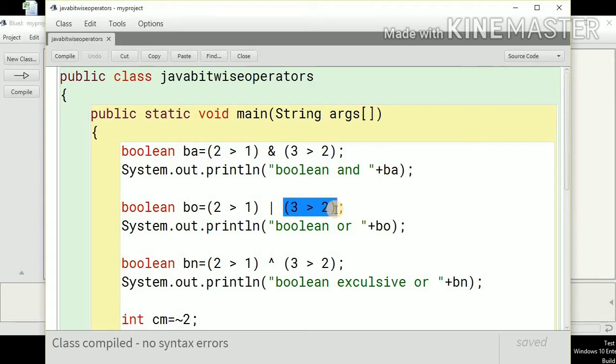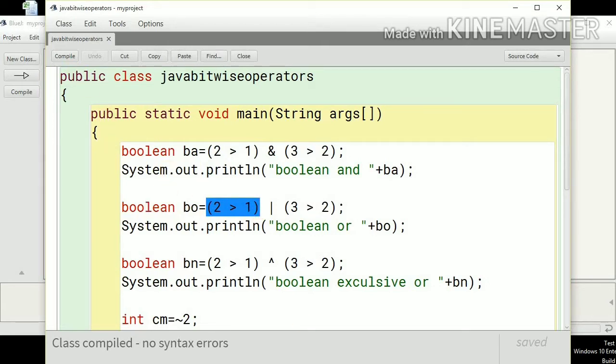So this is the major difference between logical AND and bitwise AND, and logical OR and bitwise OR operators. So let's talk about the OR operators. This is very much the same as the logical operator. If any of the two conditions or both the conditions are true, then the result will also be true. Otherwise, if both the conditions are false, then the result will also be false.